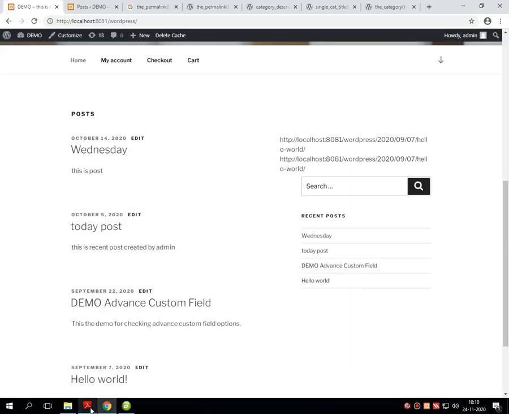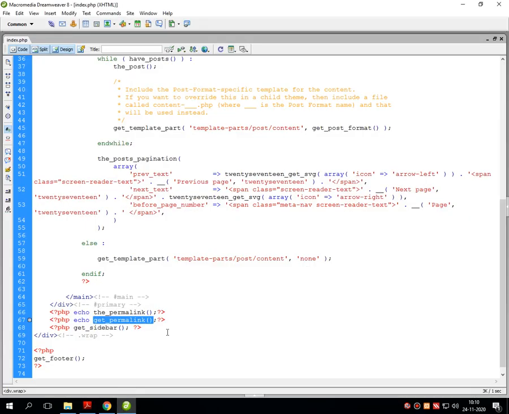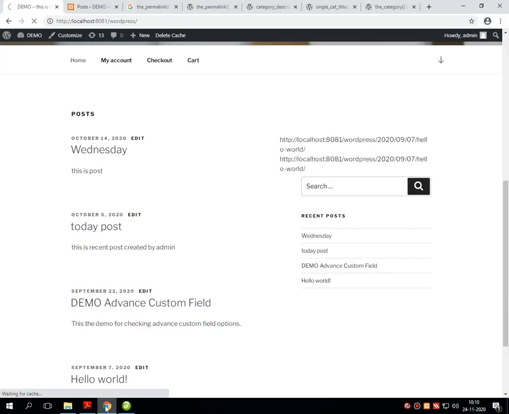Now let's try the third one. I am taking this particular function and putting it into the PHP hook, and into the PHP hook after the echo statement I am writing home underscore URL and saving that and refreshing the page.